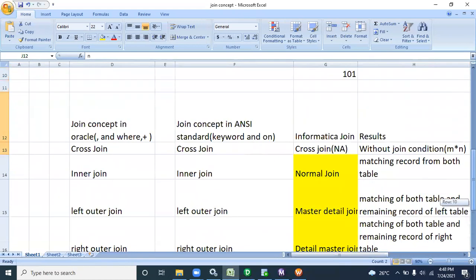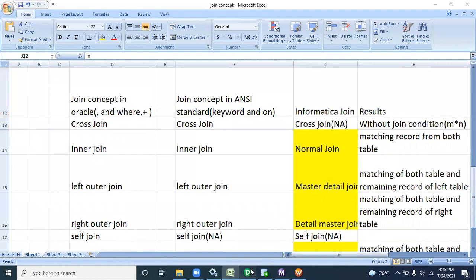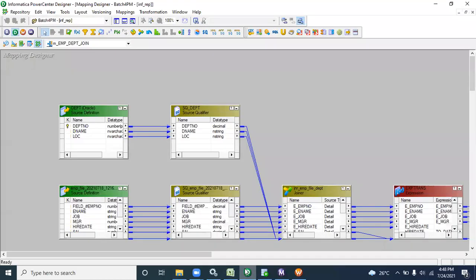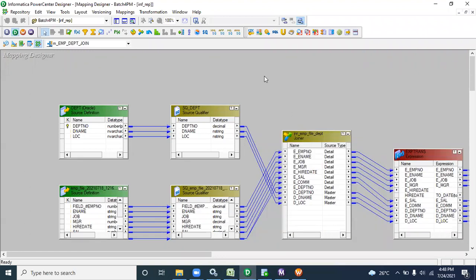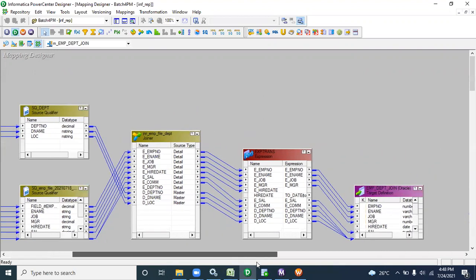Whatever you showed us was pretty much clear. In the join concept, when an error occurs, the primary key cannot be null in real, but in Informatica's tables we can see different conditions where a null value is acceptable in a primary key also. No, in a primary key a null value is not acceptable, but here we are testing those things, right? For that reason we are getting the error.